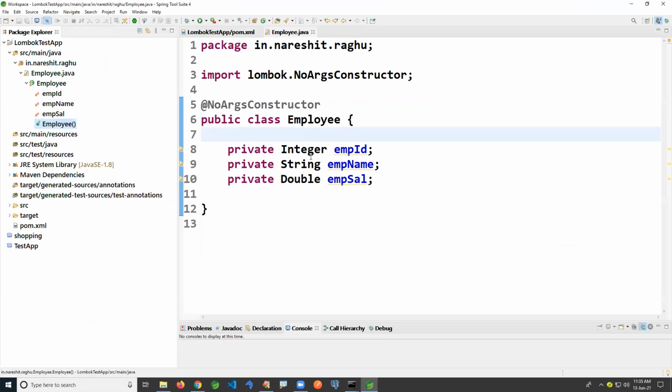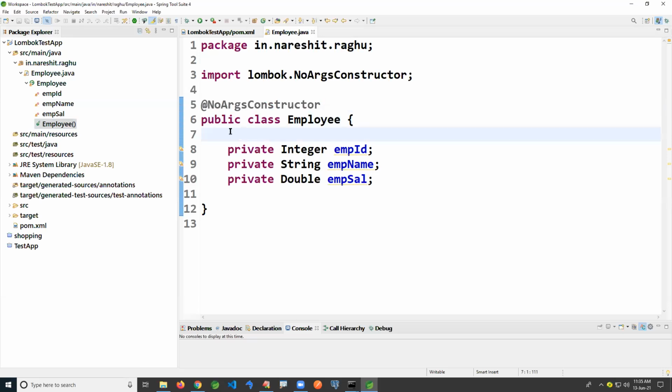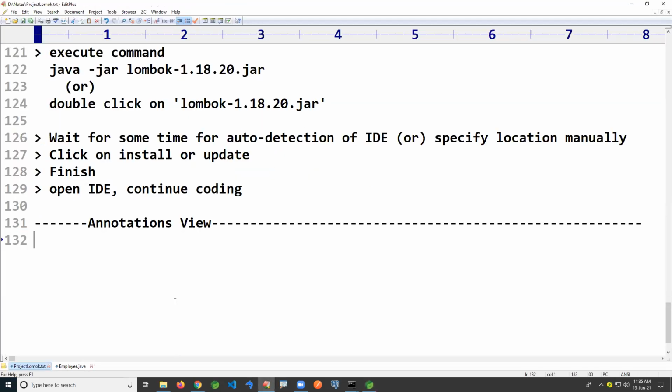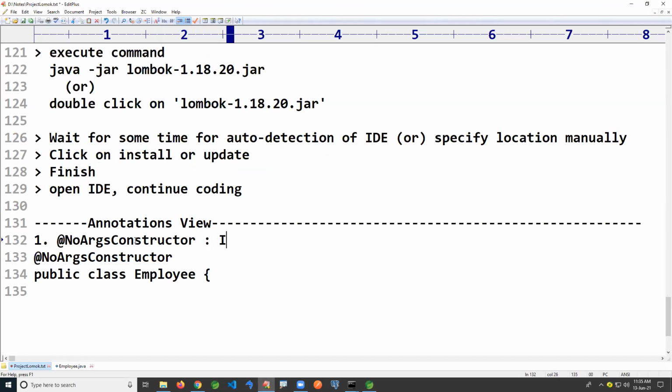But if you write any particular constructor, it is recommended to write this, mostly in real-time programming. Otherwise, the Java compiler will not. Now I'm writing example number one, concept number one here. With NoArgsConstructor, it will generate a default constructor.